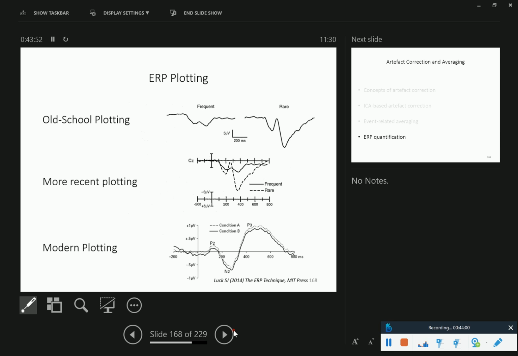Then ERPs. Now that you computed the average, you're still prone to plot them, and there are different ways you can plot them. As discussed in the Luck book and also in my world, there's the old school plotting that you see in certain publications, which are old,